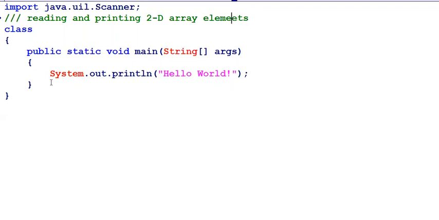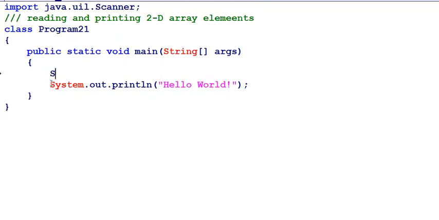The class name will be Program21, and inside the main method I create an object of Scanner, s is equal to new Scanner. The Scanner needs System.in as the argument to the constructor.